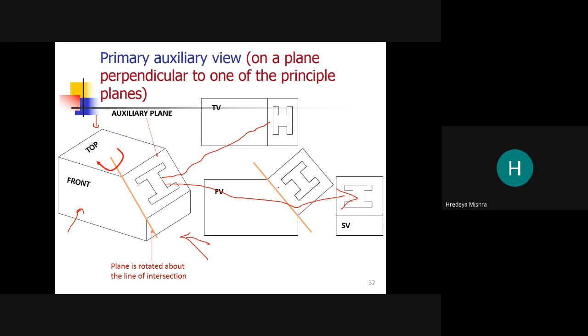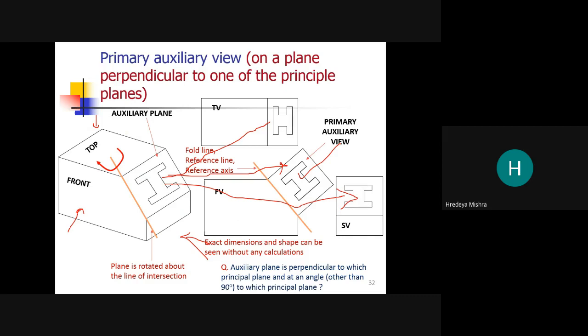We can observe the actual, true shape of this slot. Now this is our primary auxiliary view.